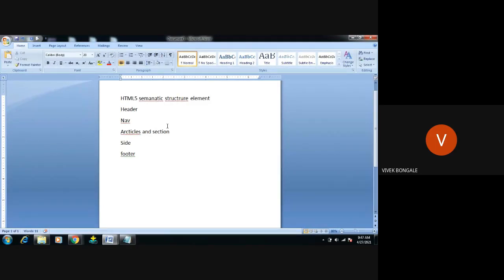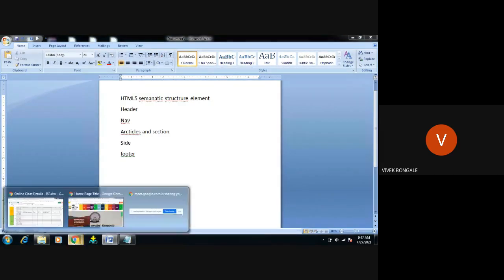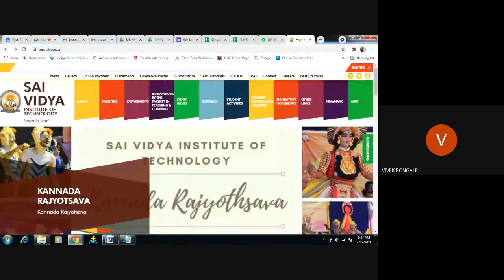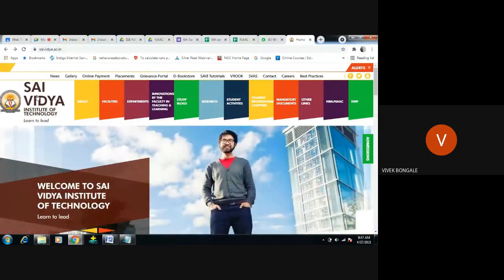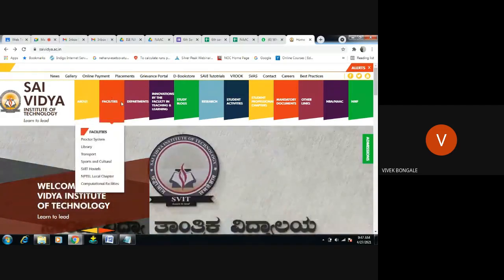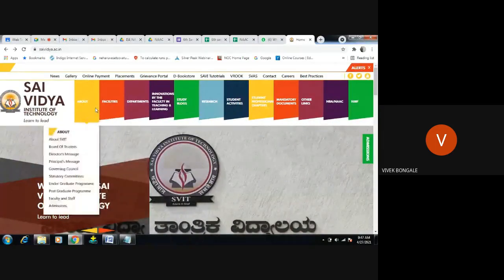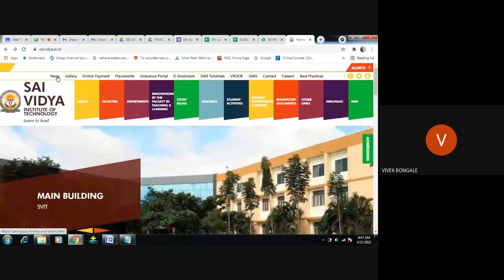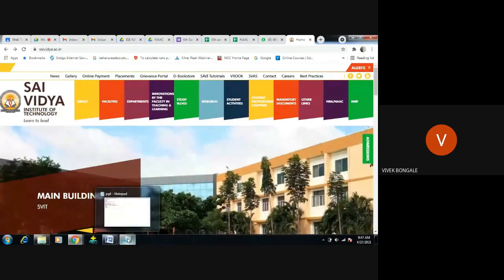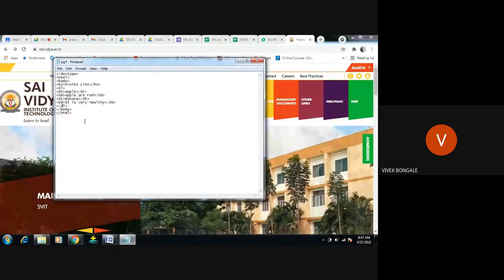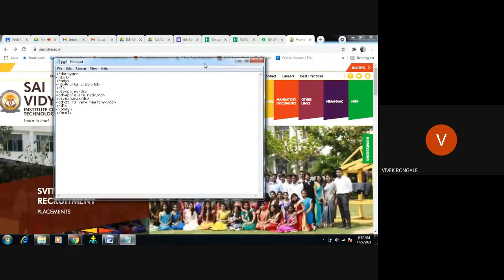What is the header, what we have to give in the header part, and what we have to give in the footer part. Correct? So we can give the header as you've seen, right? In the website, you have seen this logo. This is one image we have kept in the header part, followed by one heading, and followed by some other navigation links. Either we can use it over here or we can use this navigation link. Right? So how to create this one? Okay, first we'll start with the header part, header and footer.